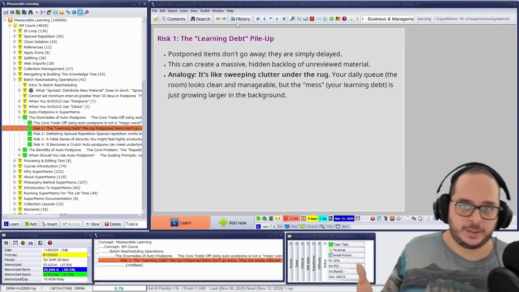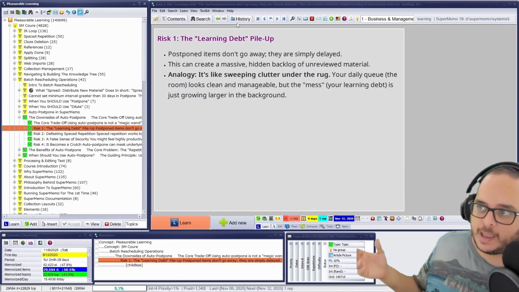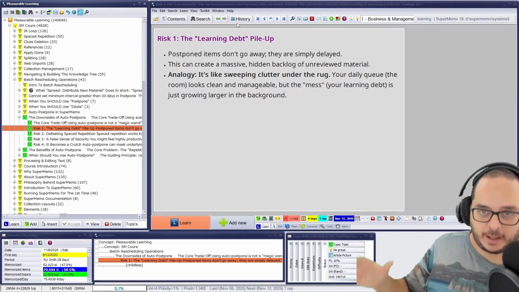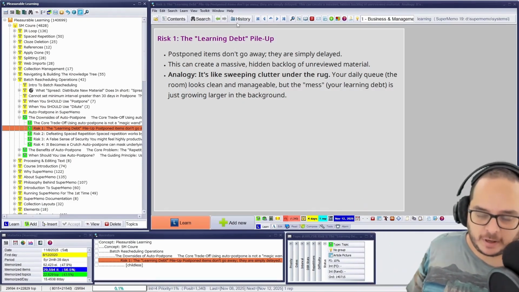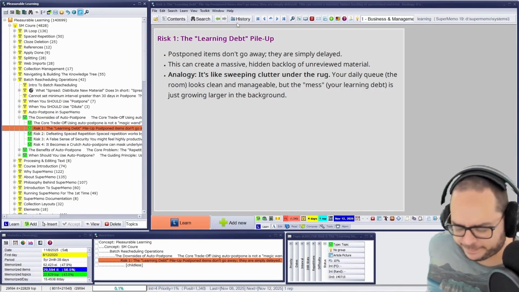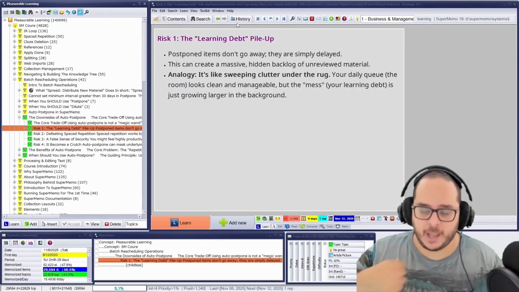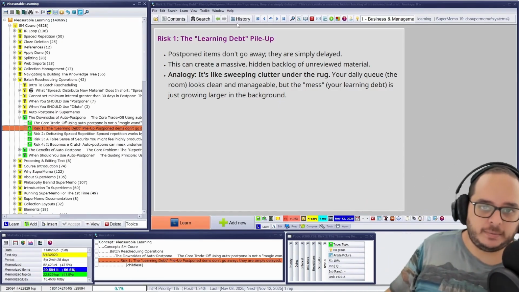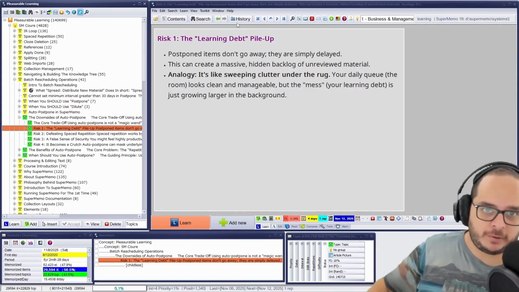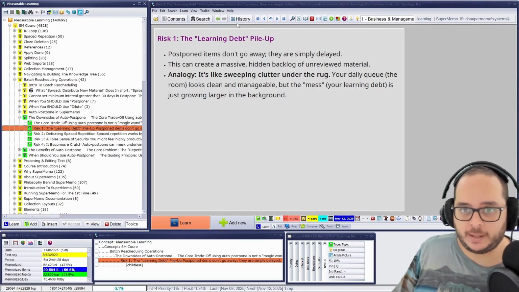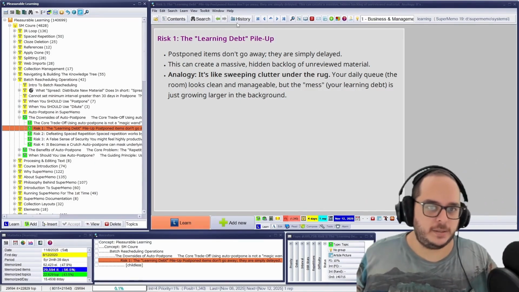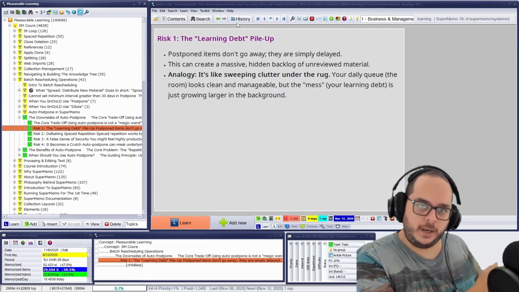An analogy: imagine that instead of a collection, I have a wardrobe. I bought this t-shirt, but I clean it, I put it in the wardrobe, and I'm not going to wear it again, because I don't like it that much. I like this one better, right?